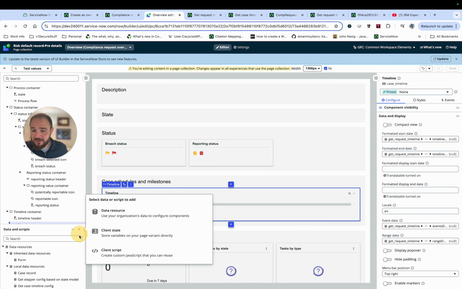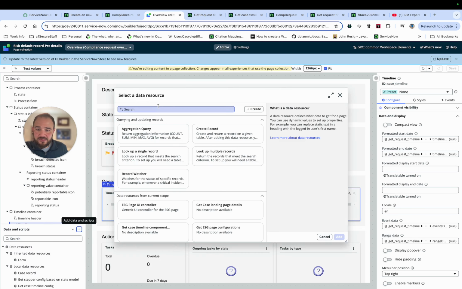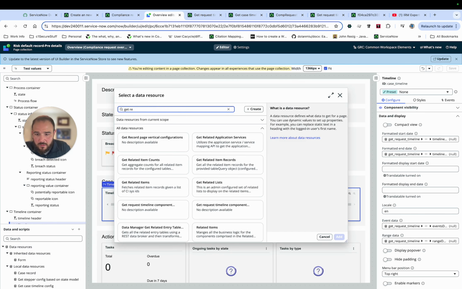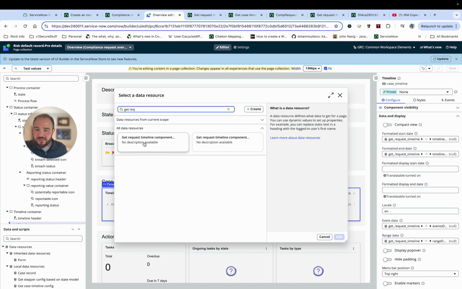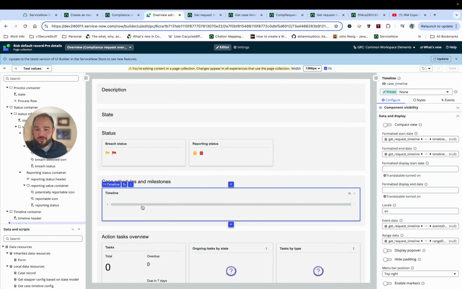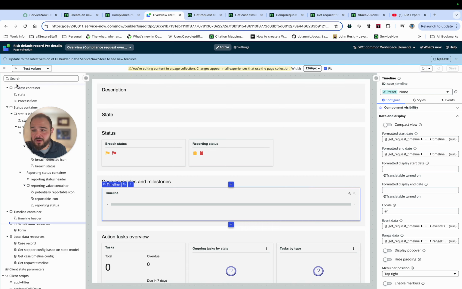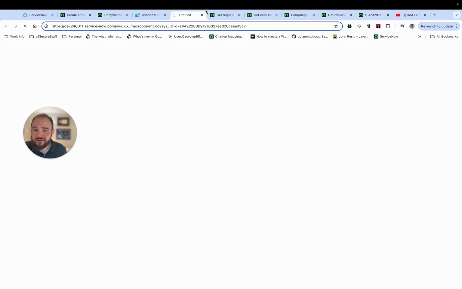To add that data resource, you'll go here, data resource, and I'll type get request, and you'll see there's the request, the data broker that I created. Well, when you add that, this sys was not editable, so I actually had to come here to developer, open page definition,